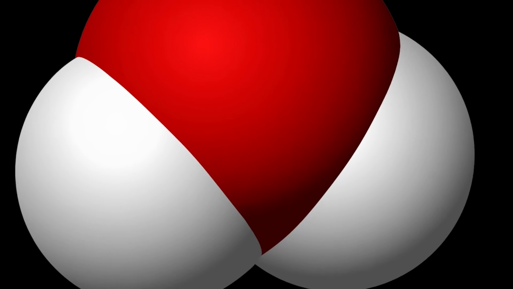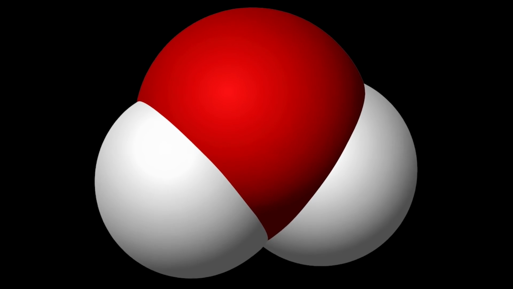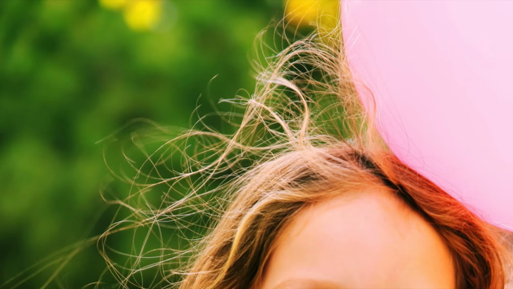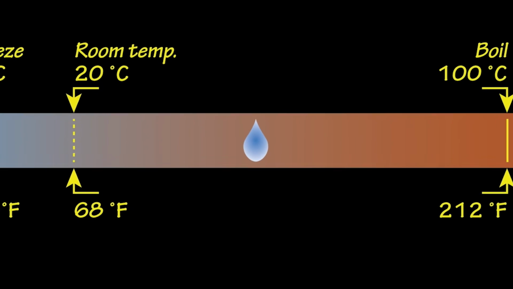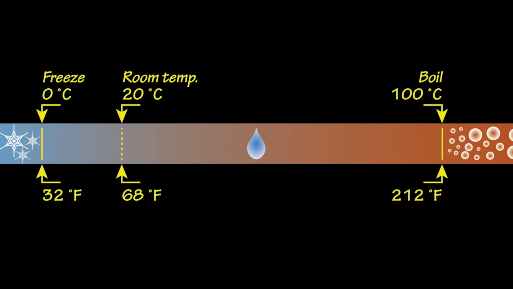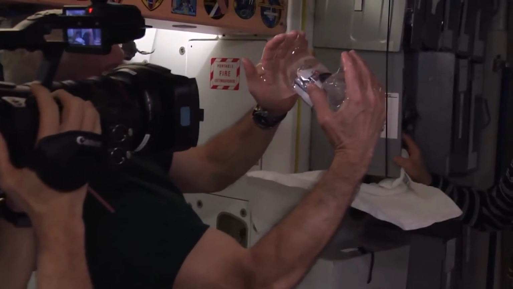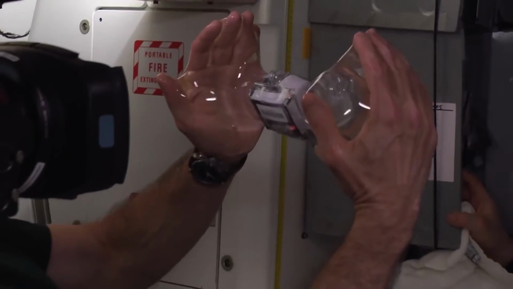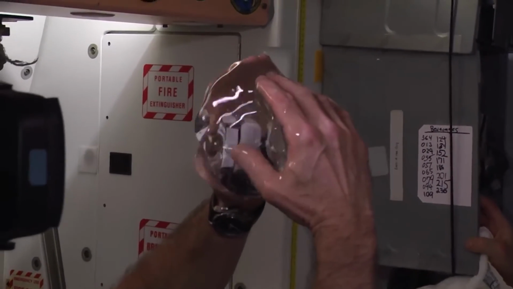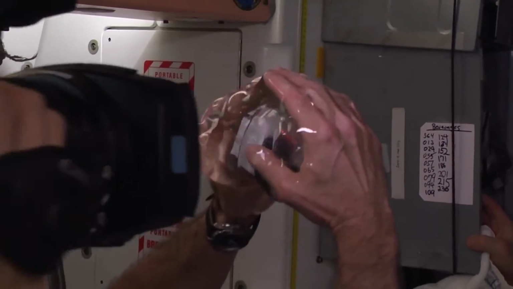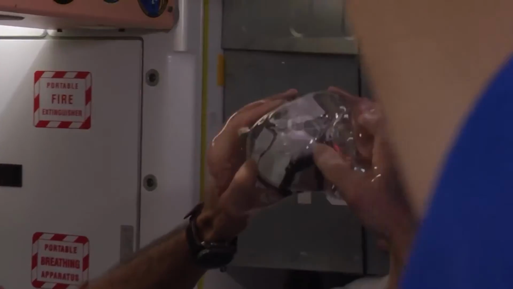To review quickly, atoms in a water molecule are slightly skewed, creating a modest positive-negative attraction between molecules. This keeps liquid water liquid unless it's hot enough to break the bonds and boil, or cold enough to become ice. Astronauts playing with water show the connection to space research. Surface tension keeps water drops from dispersing. Drops don't pull apart, and you can even inject bubbles of air.